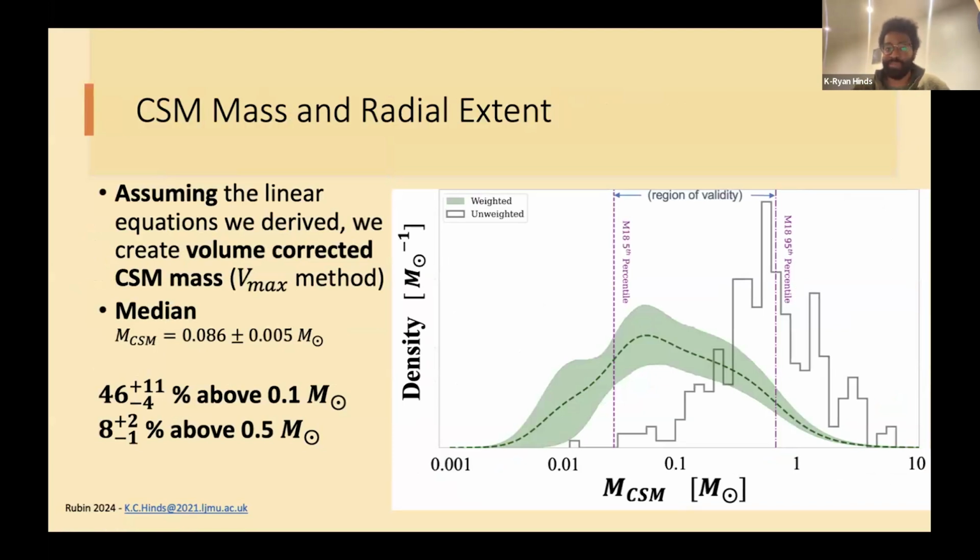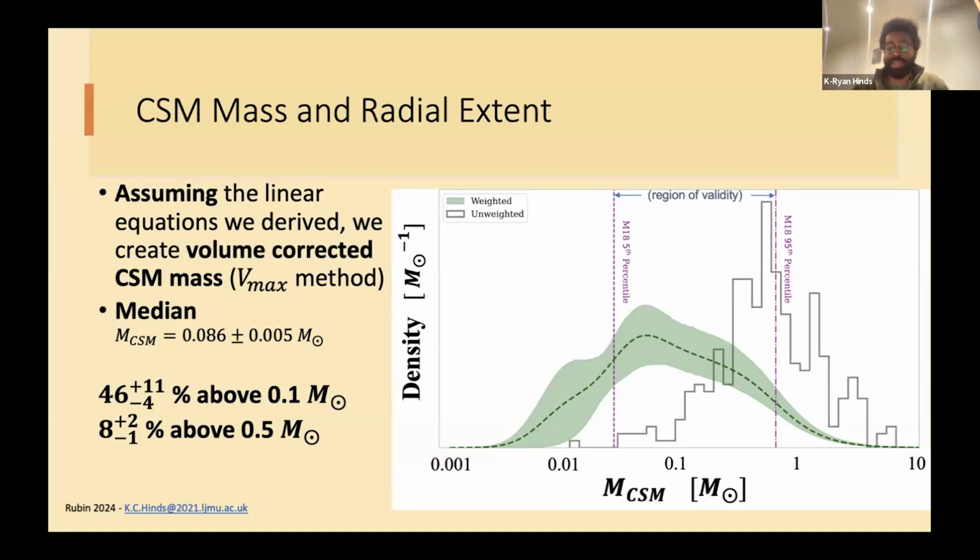So we can do this with CSM mass, and we find a median CSM mass for these type 2s, once we apply our quality cuts, around 300 type 2 supernovae, and we find a median CSM mass of 0.086 solar mass.